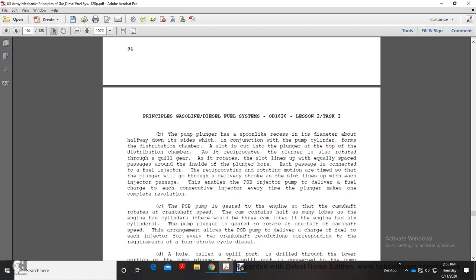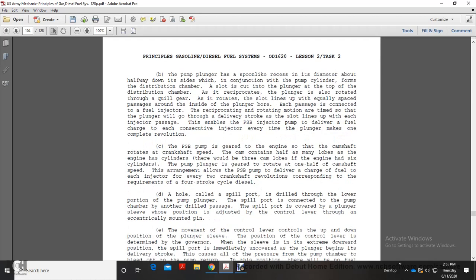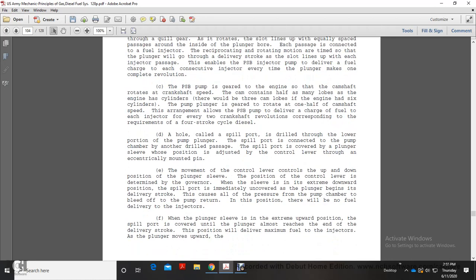Each passage is connected with a fuel injector. With the reciprocating and rotating motion, at the time that the plunger goes through the delivery stroke, the line aligns with the injector passage. This enables the PSB injector pump to deliver the fuel charge to each of the consecutive injectors every time the plunger makes a complete revolution. The PSB pump is geared with the engine camshaft and rotates at camshaft